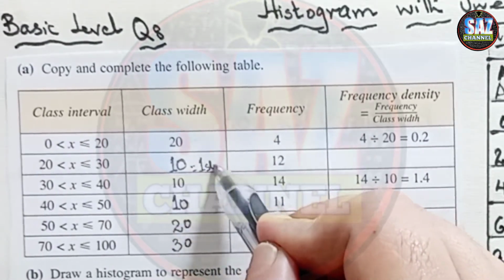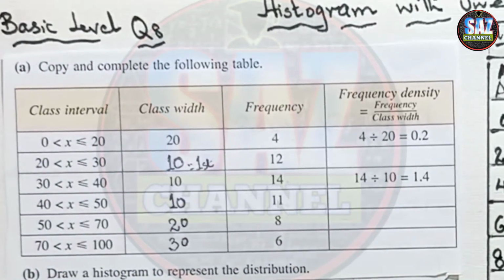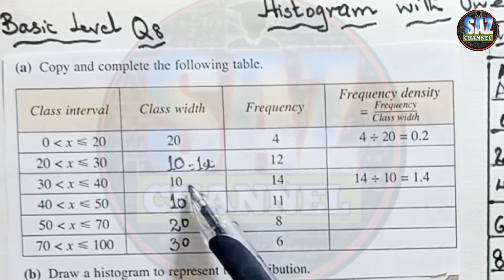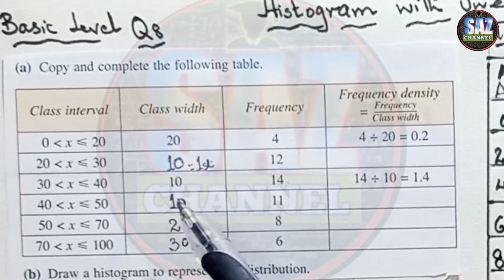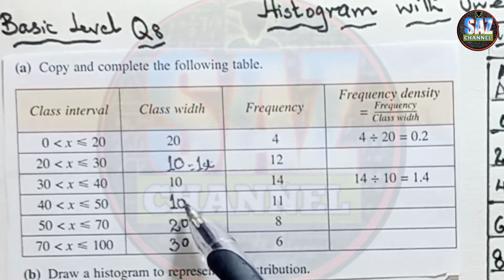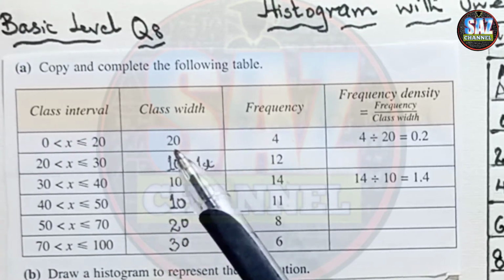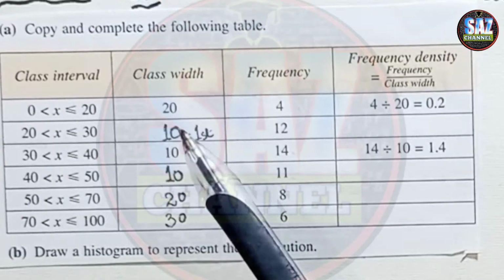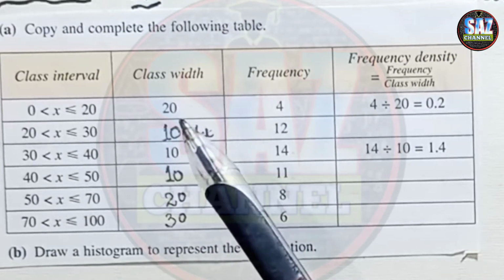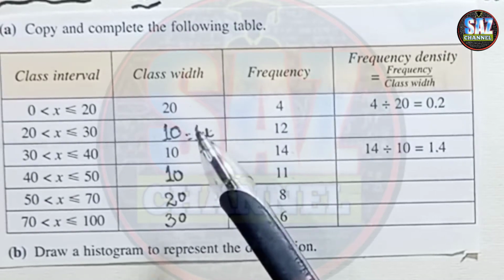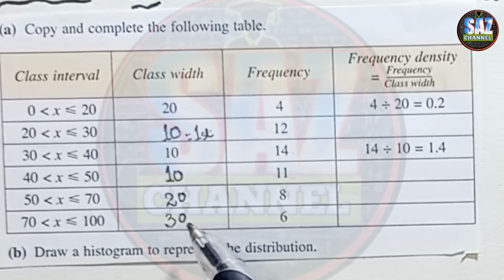So when I mean 10 as the one standard, all those classes which will have the class width 10, for those classes we will be taking 1 centimeter gap. But those classes which have the class width 20 will need 2 times. So for all those classes which will have the class width 20, we will be keeping 2 standards, and for 30 we will be keeping 3 standards.